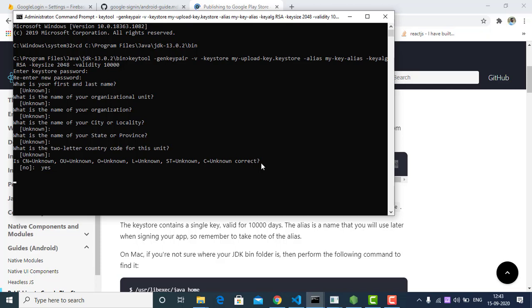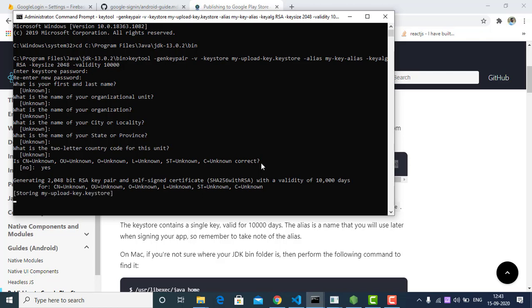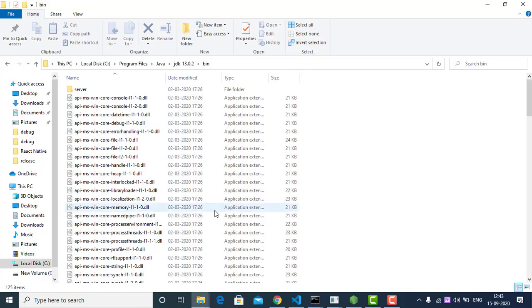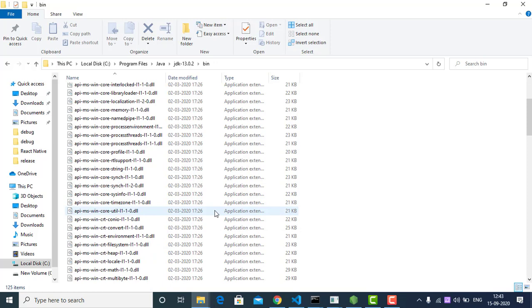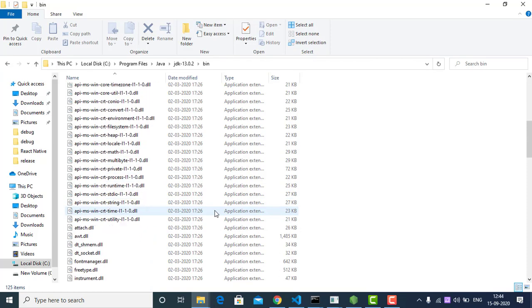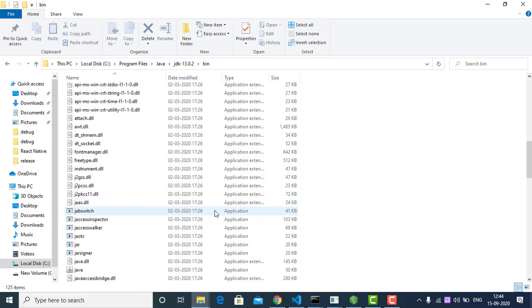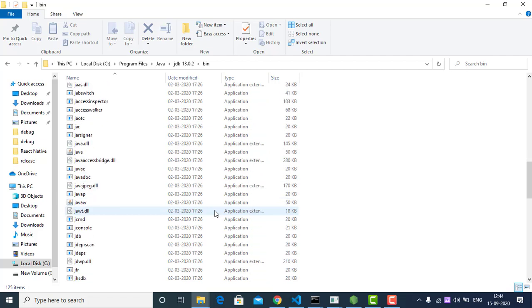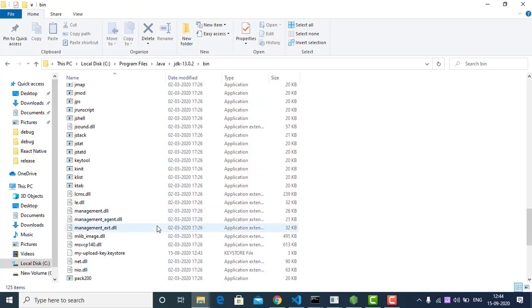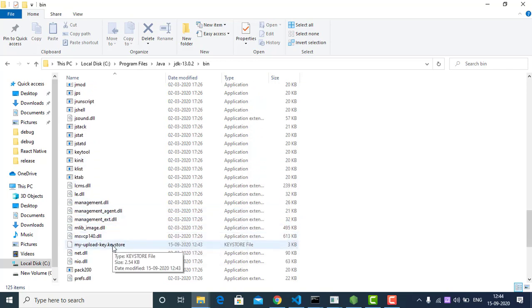It's taking some time. So my keystore certificate is generated as my upload key.keystore, and if we check, here is my keystore file.